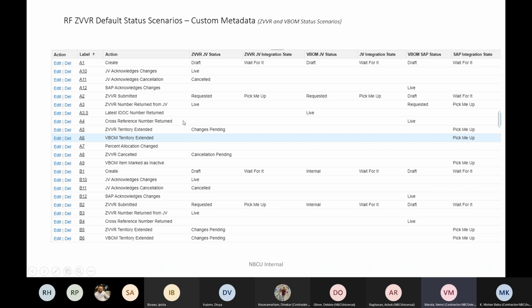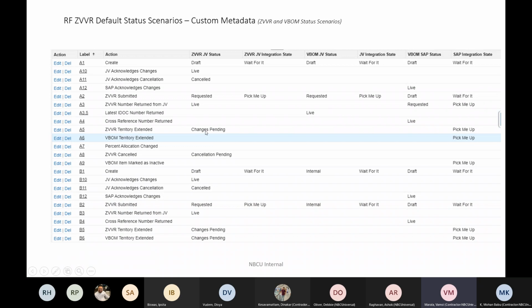And after that, we have a concept like extending a video version from one territory to another territory. Like if you have a US territory video version already created, we can extend that to CA.